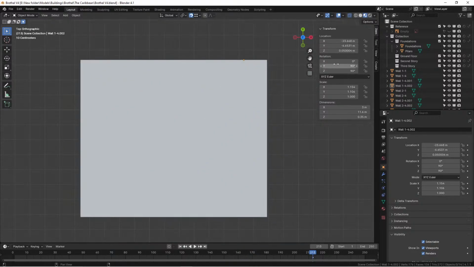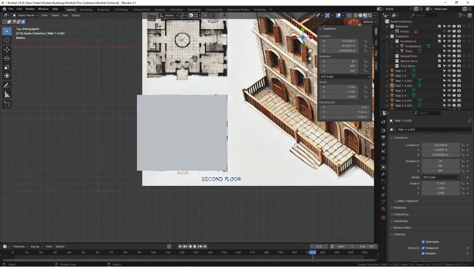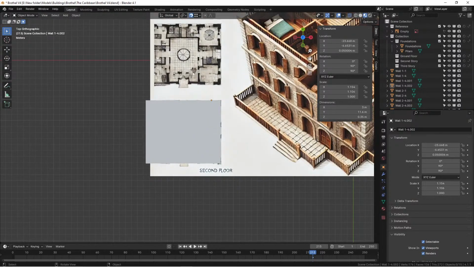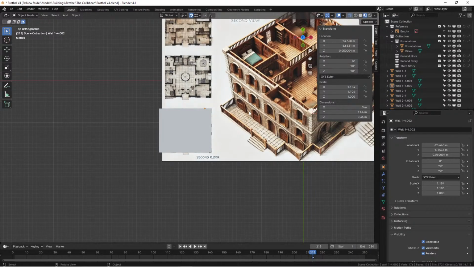Now, go back into top mode. Let's turn our image back on again. So we've done that. We've got these. So the foundations do need to come out a fraction. But we do have our pillars now, which is cool. We obviously need to put in windows and stuff like that, but